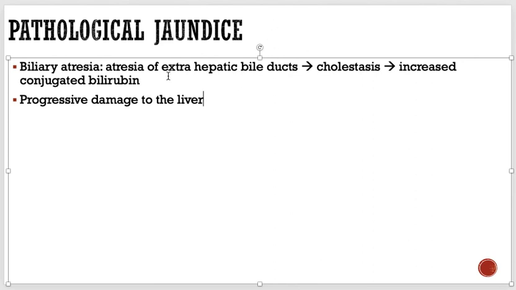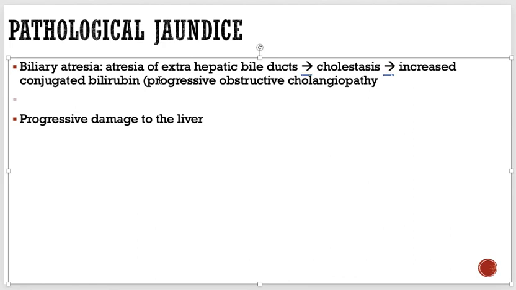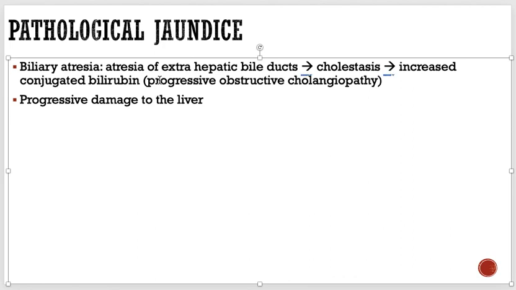Okay, so this one is also called progressive obstructive cholangiopathy, because due to progressive damage to the liver, of course, it is going to cause this. Not so common, but 1 in 10,000 or 1 in 20,000 live births, this kind of condition occurs. And there is association with a lot of other anomalies, for example, situs inversus, in which, practically speaking,